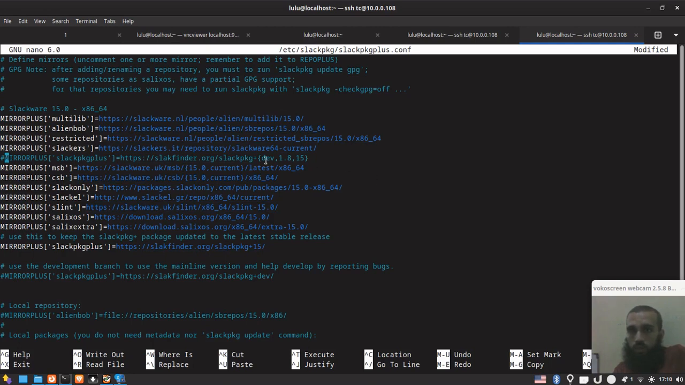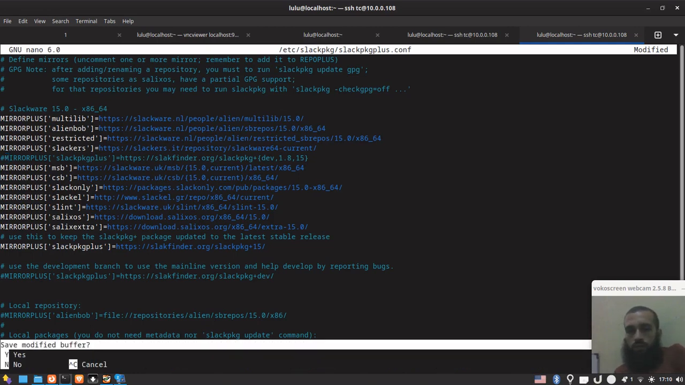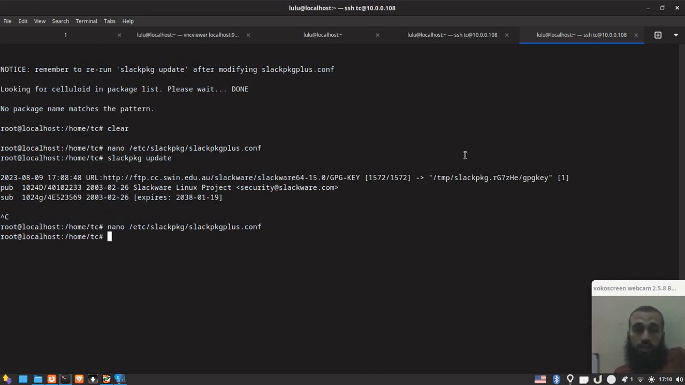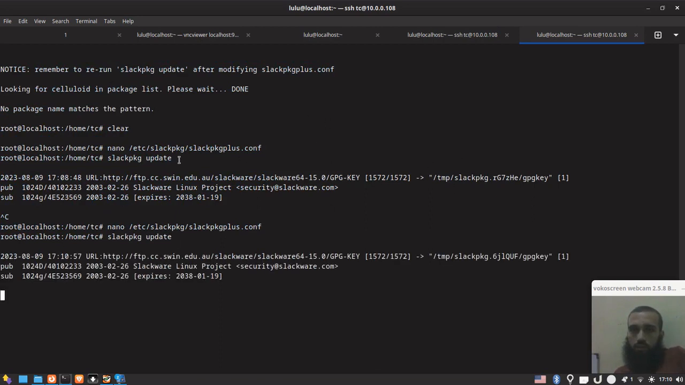Okay, and whenever you search for any package that is supported on slackpkg+, you look for it, you will find it using slackpkg search and the name of the package. You save, you exit. Here, when you run slackpkg update this way to update the repositories and everything, you need